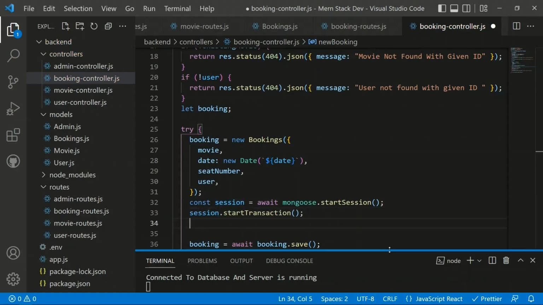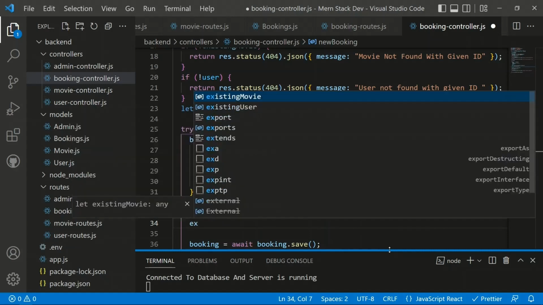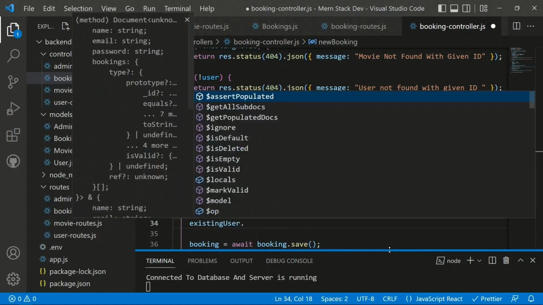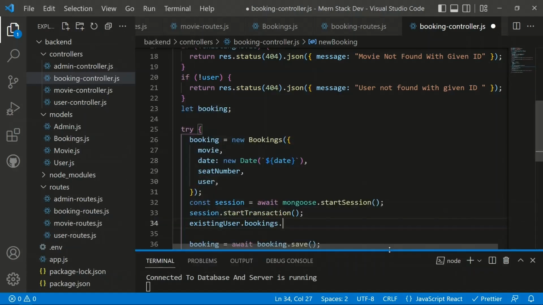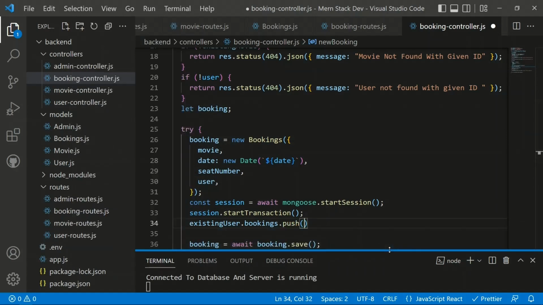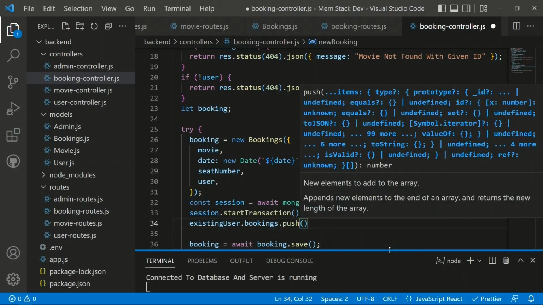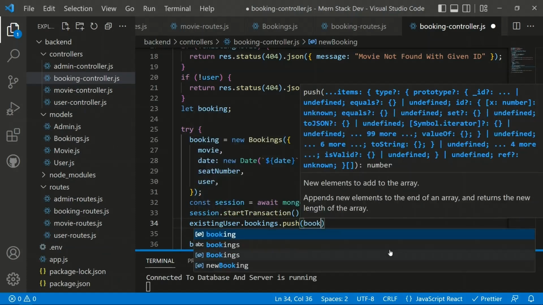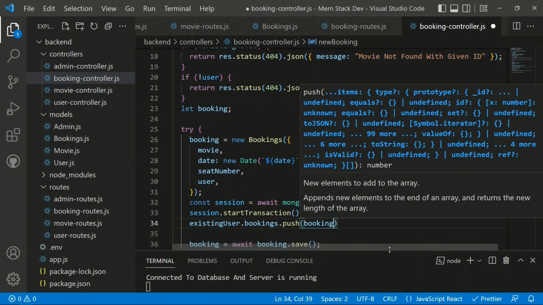So before, we have created the booking, so we need to push to the bookings of the user as well. What we can do now is first get the user. So we have the existing user, we can refer to the bookings, and we can push to the bookings of that user. So we need to create a push method to the bookings, and then push a new booking for the user. So we will send the newly created booking,